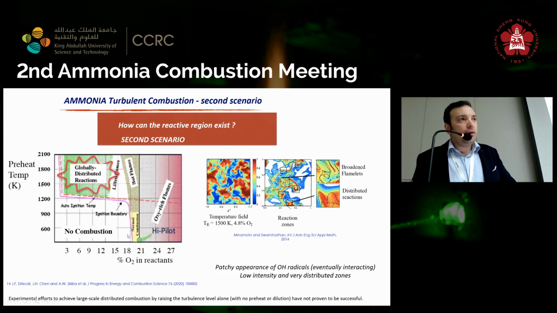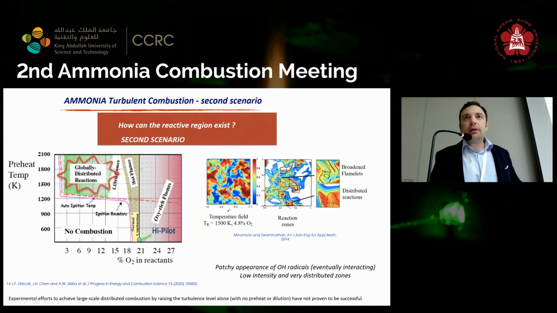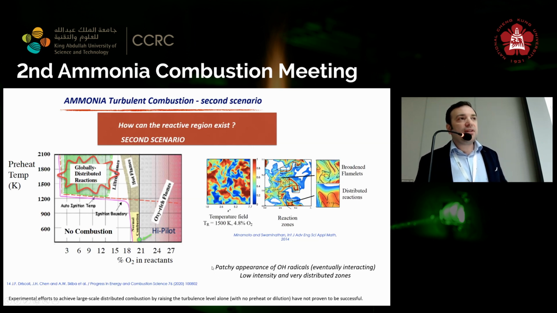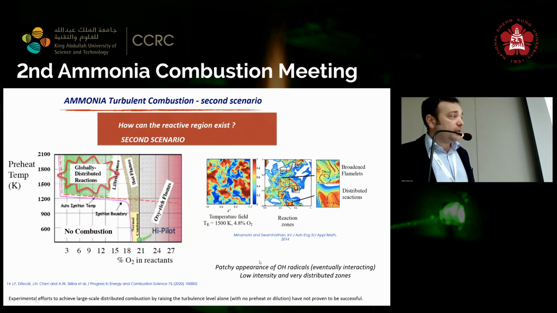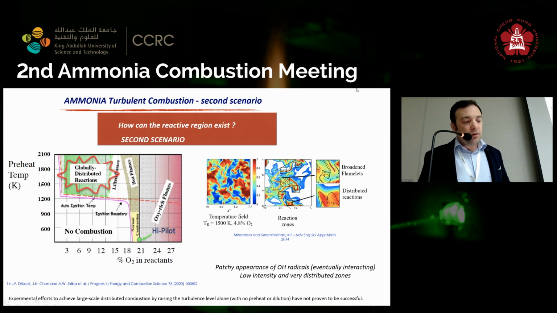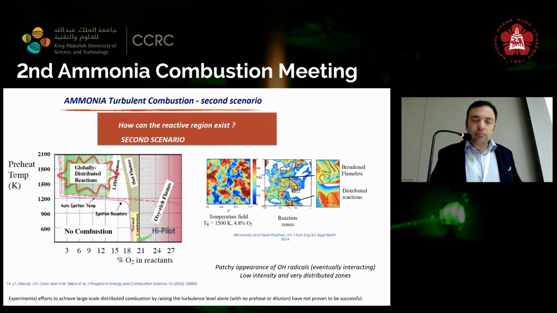This kind of regime was also schematized by James Driscoll in his last review paper in Progress in Energy and Combustion Science. He mainly said that experimental efforts to achieve this large-scale distributed combustion by simply raising the turbulence level alone have not proven to be successful, but you need, of course, to create a dilution by burned gases. We have this kind of diagram where we can pass from normal combustion or lifted flame to what we call globally distributed reactions. We have also some DNS studies by Minamoto, but also other people do that,